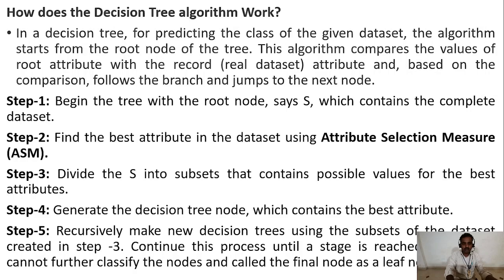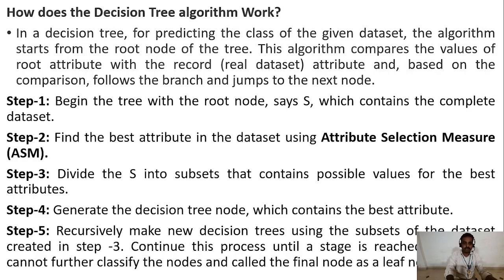What is the second step? Find the best attribute in the data set using the attribute selection methods. What is the third step? Divide S into subsets that contain possible values for the best attribute. What is step 4? Generate the decision tree node which contains the best attribute. What is the fifth step? Recursively make new decision trees using the subsets of the data set created in step 3. Continue the process until a stage is reached where you cannot further classify the nodes, and call the final node